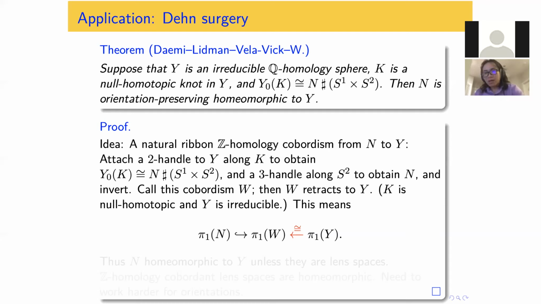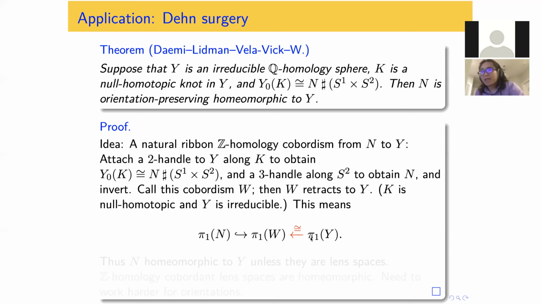Now, what that also means is that rho, the retraction from W to Y, is also an isomorphism on pi 1. And in particular, you get a map from pi 1 of N to pi 1 of Y by doing the inclusion and then the retraction map. And that map, by this diagram, is going to be injective. And I claim that it's actually surjective as well, because